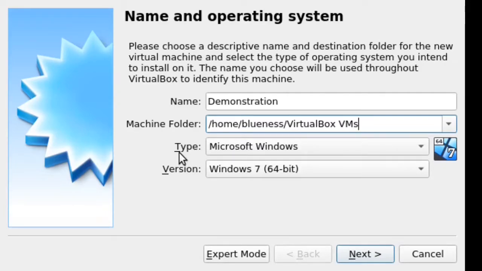Okay, and then the next item is the type here, and if you click on that, you're going to see that you've got a whole bunch of different families of operating systems that you can install. Now my native operating system is Linux, and yours is probably Windows or Mac, but you could choose to install a guest like